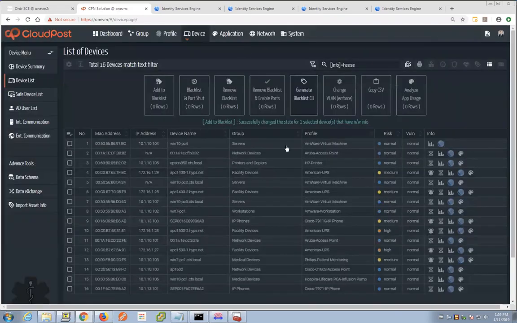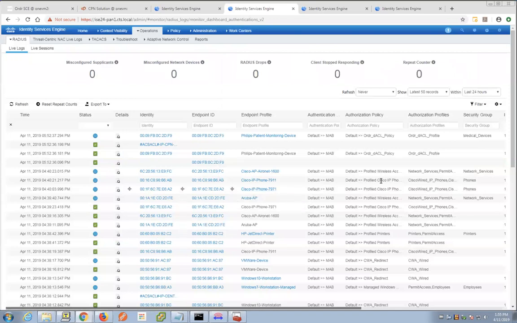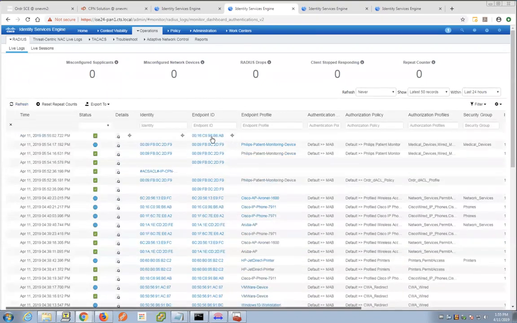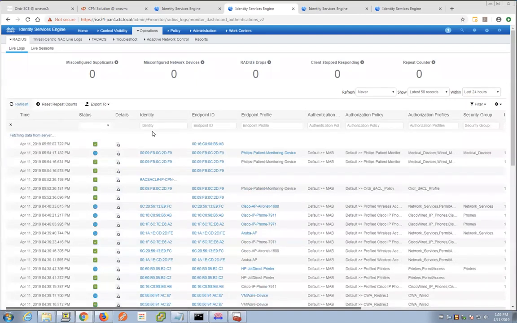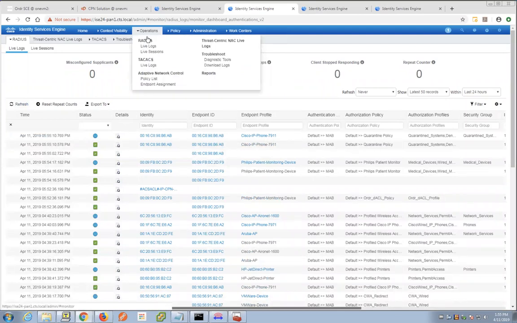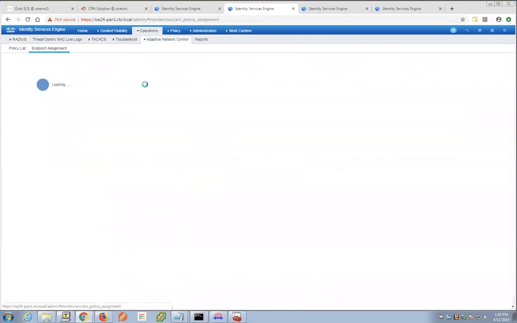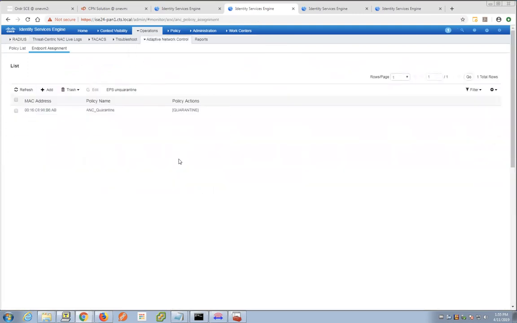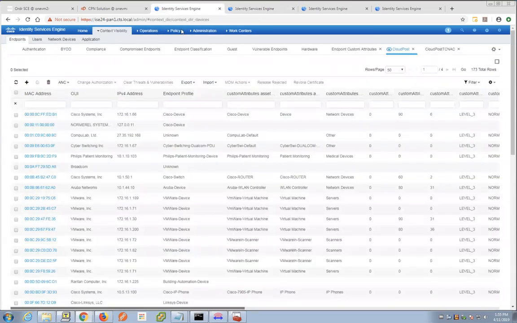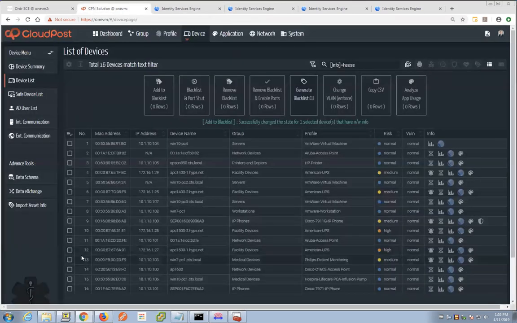Let's go back to the policy table, and that 7911 phone, which previously got an access policy for IP phones, I go ahead and refresh, and you will see that what we've done is sent a change of authorization. This is, hey, I'm going to change the policy assigned to that device, and now you see that phone is in a quarantine policy. We were leveraging something called rapid threat containment, and that device was automatically assigned to a quarantine list. I know it's fast moving, but my point here is we're doing all of this, and I haven't changed any of my ISE policies to affect these policies.